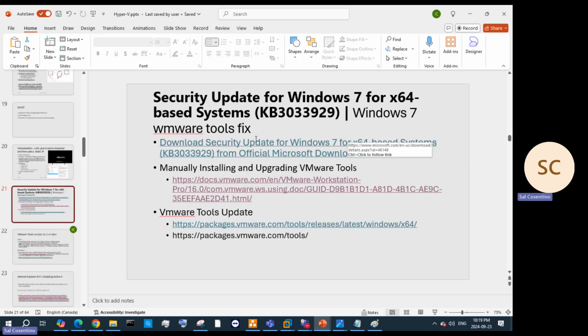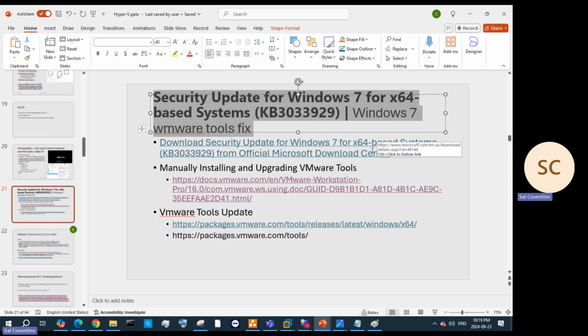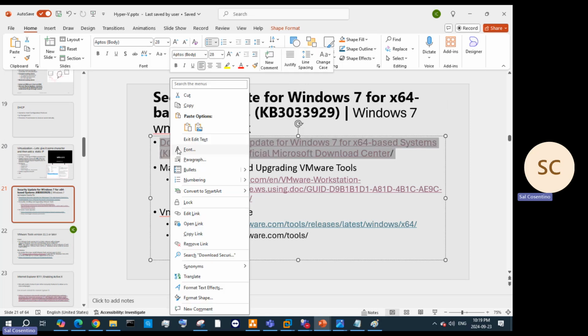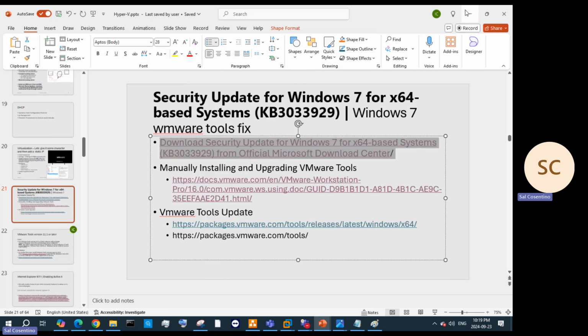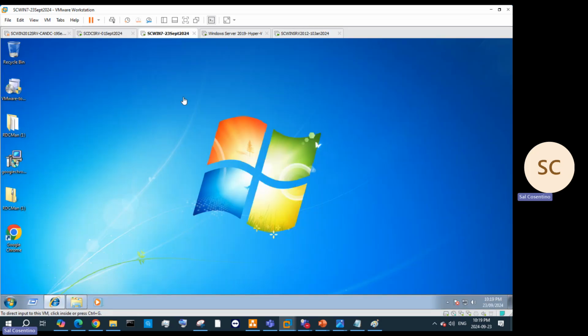Then this was the fix for Windows 7. It was a security update. We can also install that. I don't think I had to, but we can still install it. I'm not sure what this is for, but let's go ahead and install this. This was actually a fix that was given to me. But I do have VMware tools installed. Okay, so let's go ahead and open